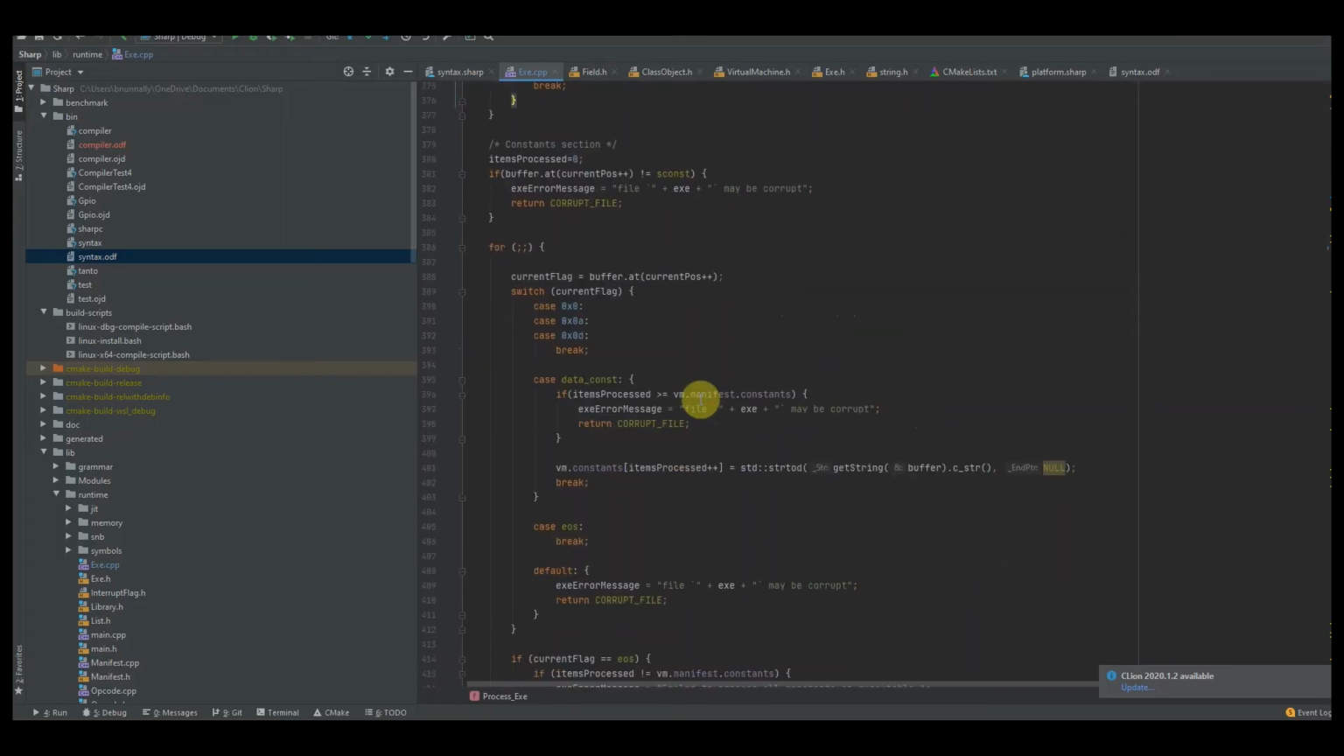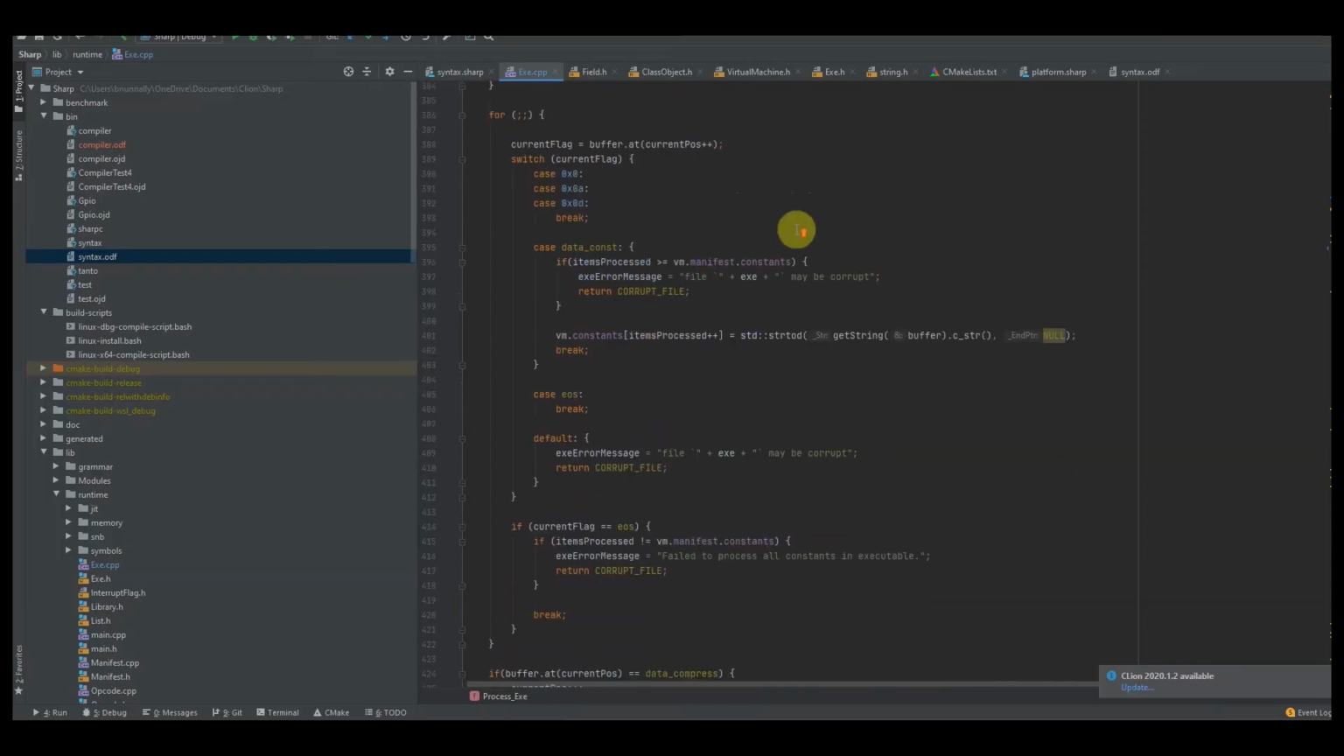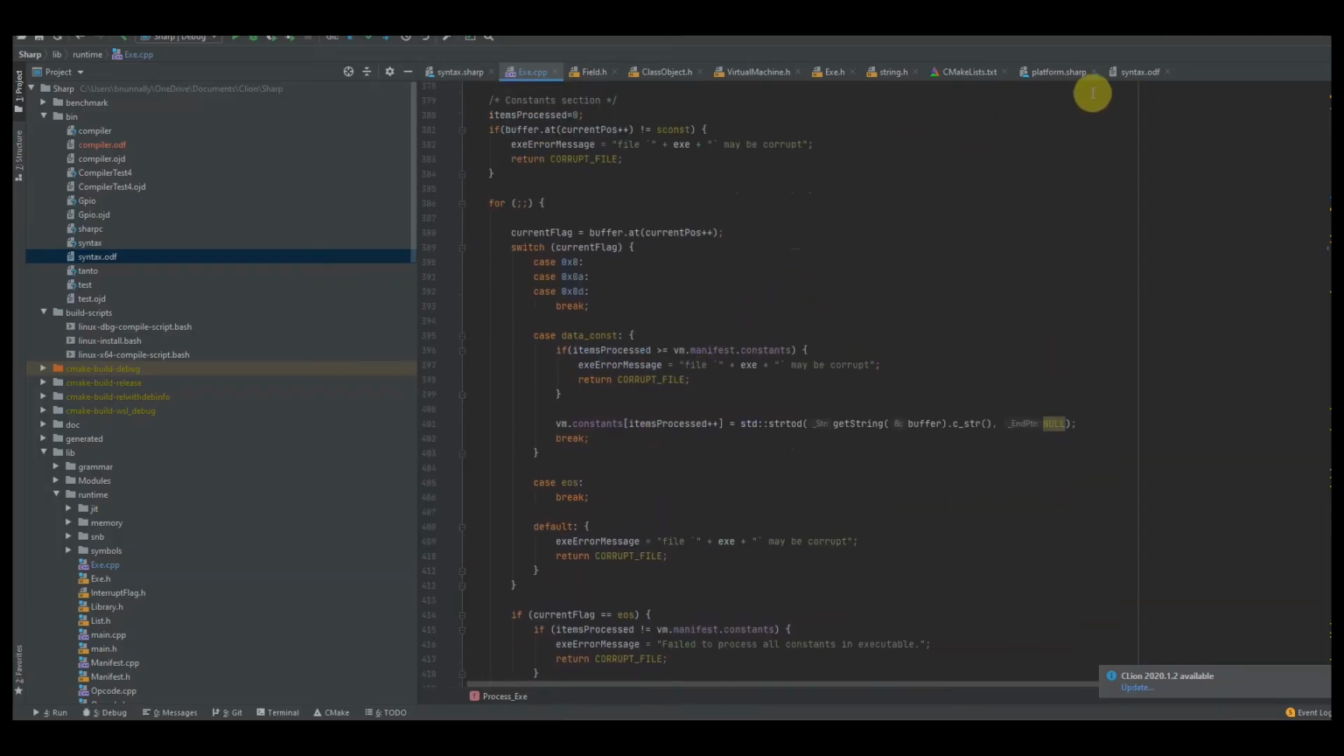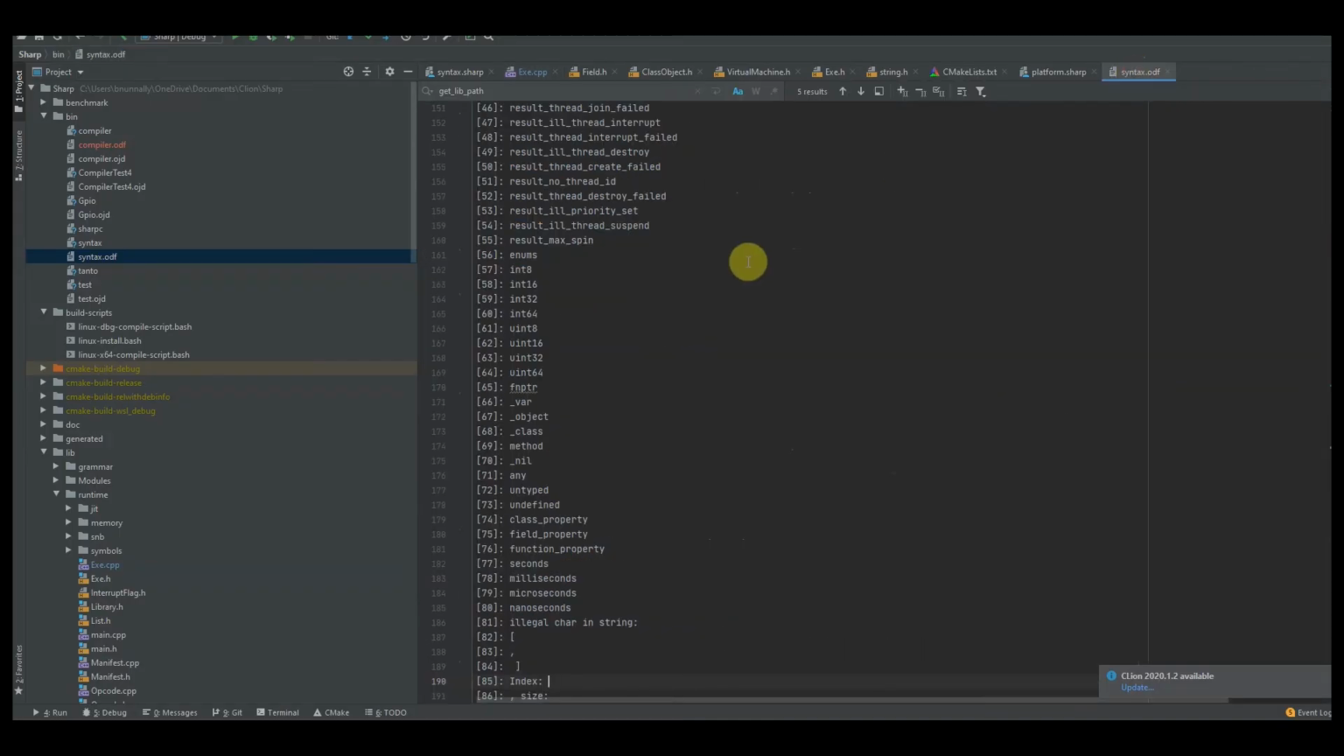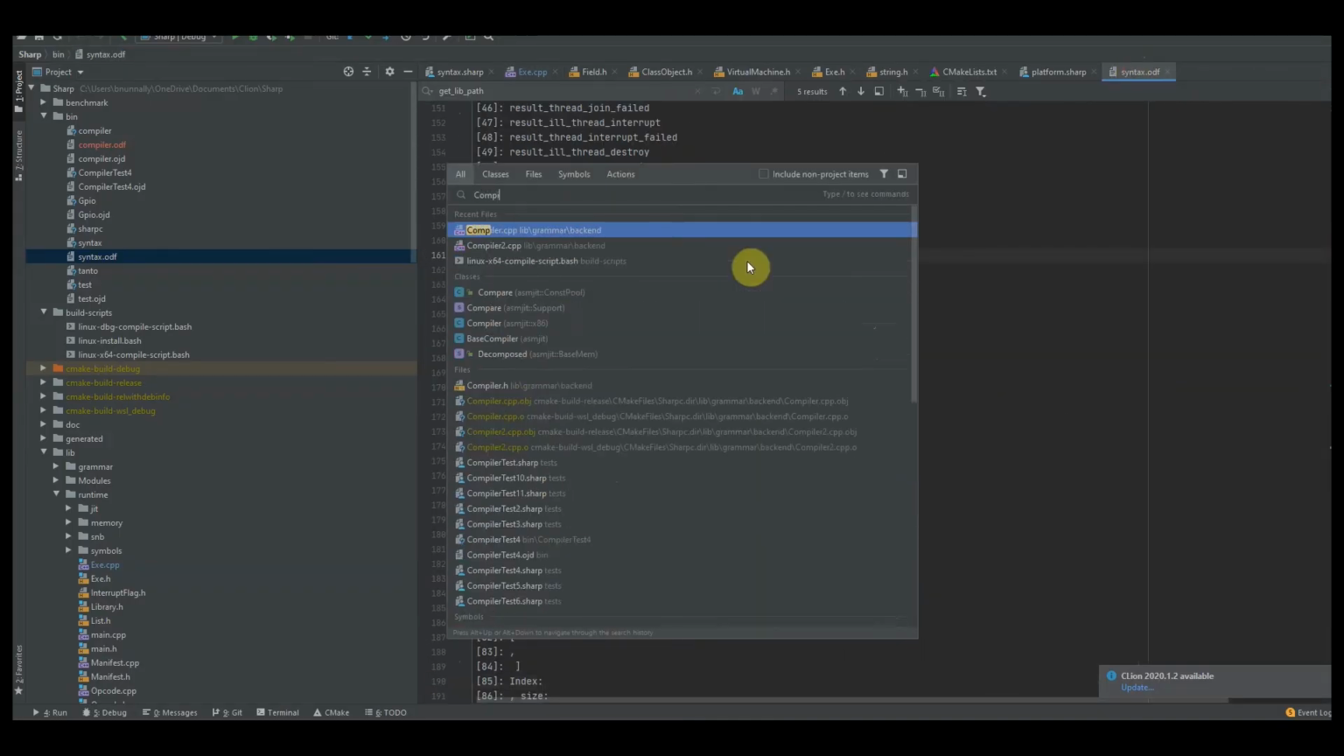Now for constants. I want to speak on constants really quick before we just get right into it, because constants are just as simple as processing strings. But the difference is that I've mentioned this before. So if I go to my